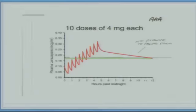Now, why would Dr. Schaefer present this 25 milligram simulation to you and not this? Is he a scientist? Is he an advocate? You recall, this is the 10 lorazepam simulation that Dr. Schaefer showed you. You remember that? 10 shots, 4 milligrams each. I asked him. The only reason that he even came up with this simulation, the only reason, is because there was an empty